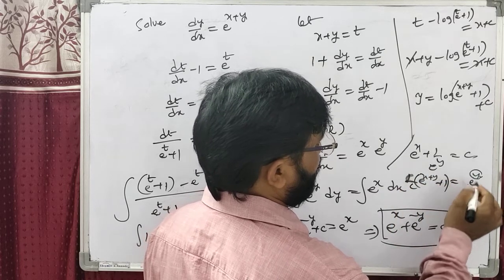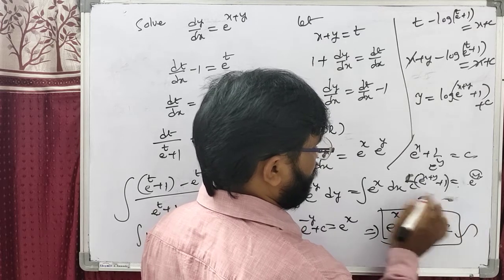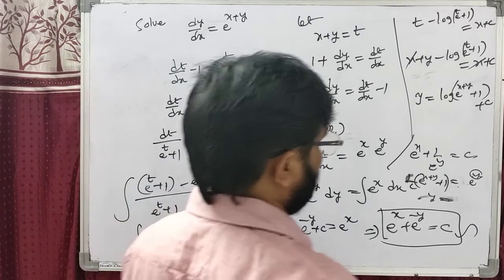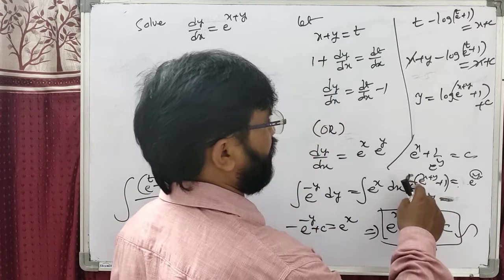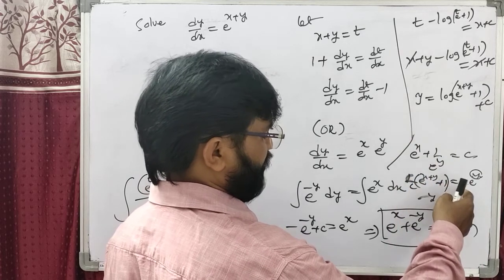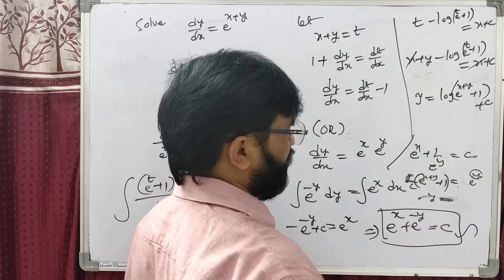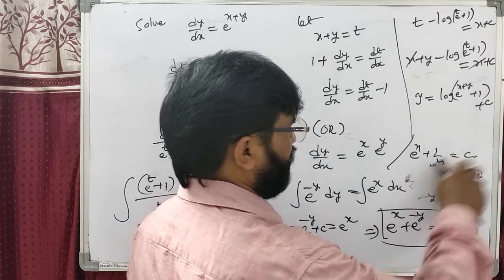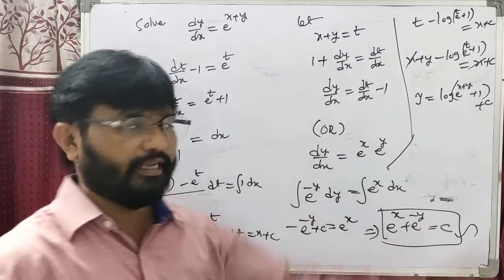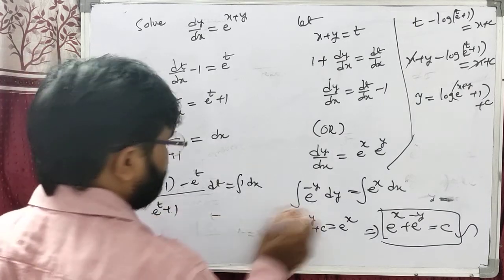So when you apply log on both sides, log e value is 1, y equal to log of e^x + 1/c. Log of ab is log a + log b. How to get this one? 1/c is nothing but c, so log of 1/c is nothing but c. Do you understand, students? After the simplification we got it like this. So this is the variable separable method. Okay students.